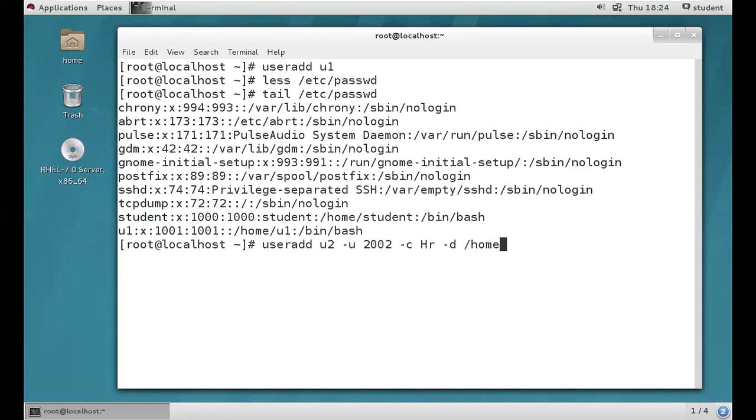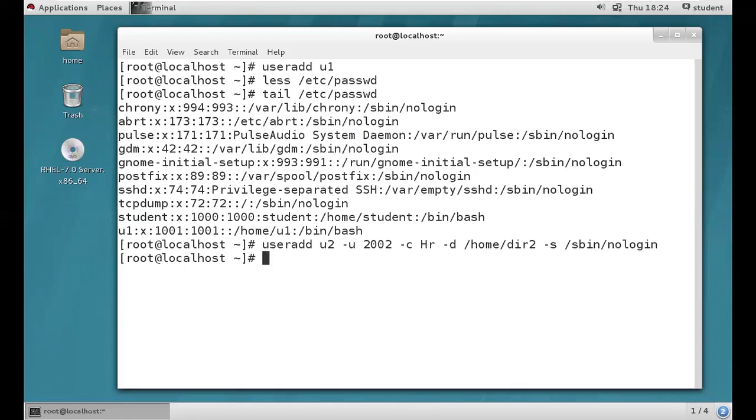But I need /home/dir2. So we can modify the home directory according to our requirement with the help of the -d option. -s is to change the shell environment. I'm providing /sbin/nologin, a non-interactive shell. Now the u2 user account got created successfully.